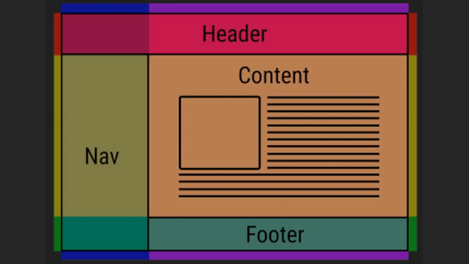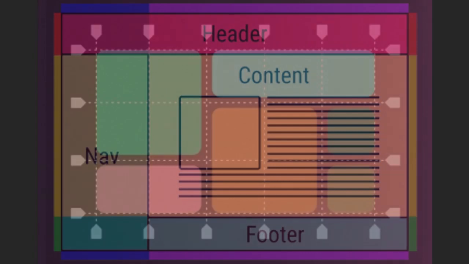So there have been many proposals in CSS to address this issue. We can use tables, we can use fixed divs, we can use flex boxes, we can use a grid system. Okay, you see how it is being arranged. We have the header, the nav on the left side, the content, and the footer. So that is layering. Now